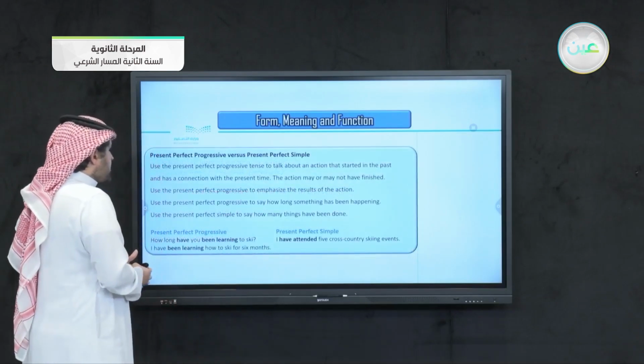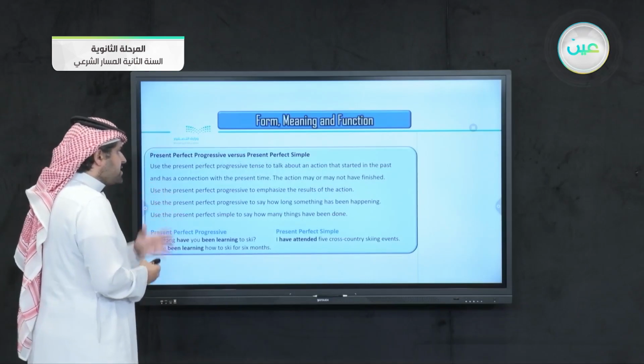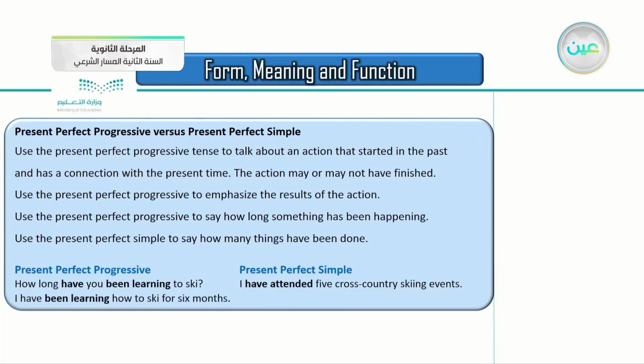So the present perfect progressive versus the present perfect simple. So we have two grammars here: present perfect progressive and present perfect simple. So let's read it and explain it together. We use the present perfect progressive tense to talk about an action that started in the past. Of course, we all know this. We use the present perfect progressive to talk about an action that started in the past